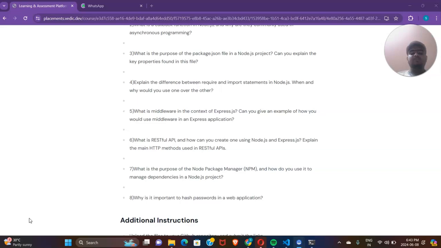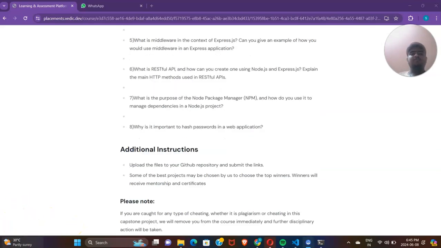For example, to import the file system module in Node.js using require, we write const fs equal to require, and in the parentheses we specify the module. And in ES6 modules, we use the import keyword.